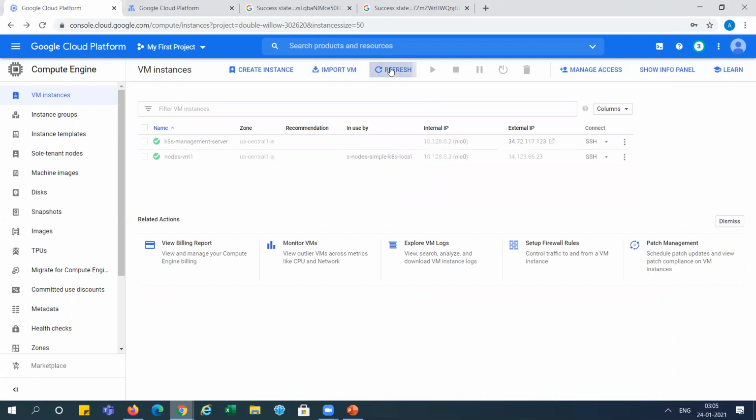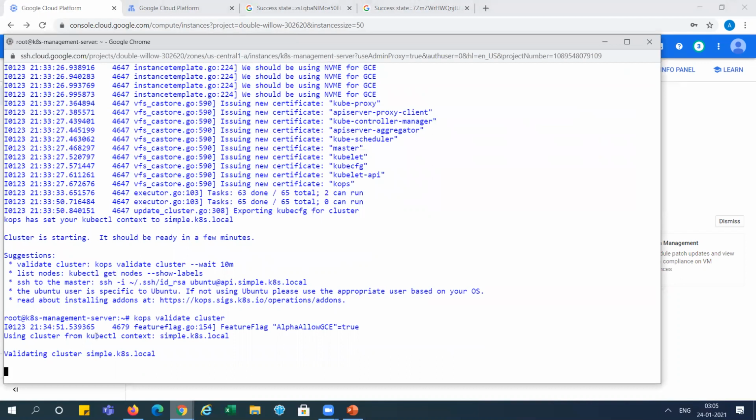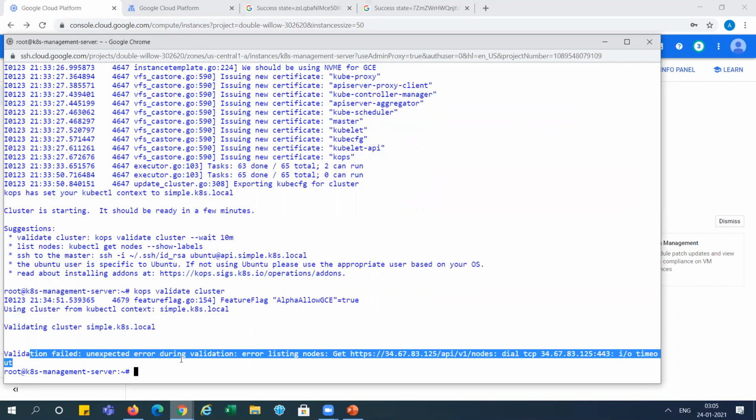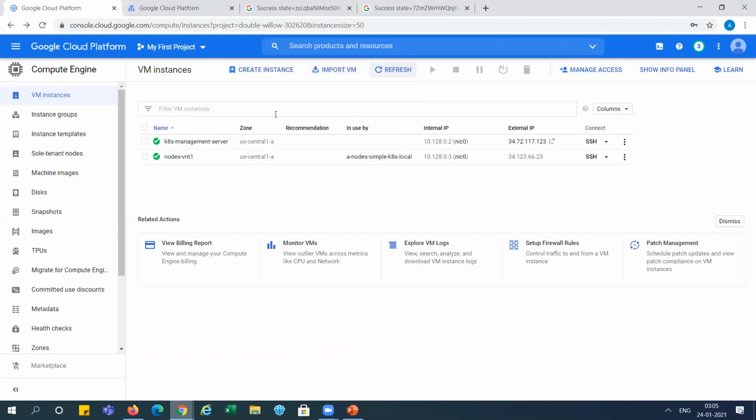Still only one is created. So it will take around 5 to 10 minutes. You can see validation failed because it is still in the creation process, right? When it is created, we will get three systems here.